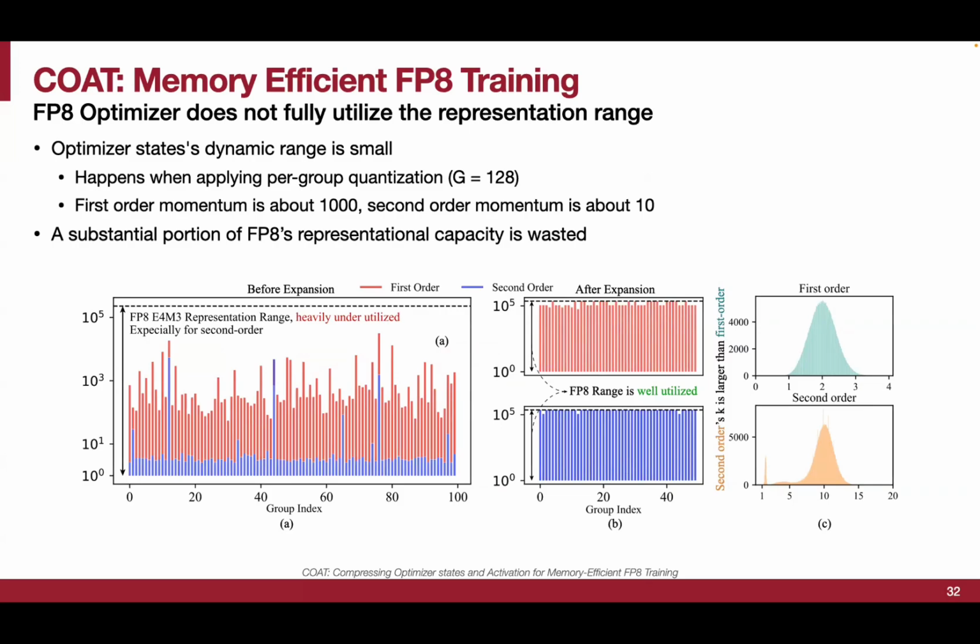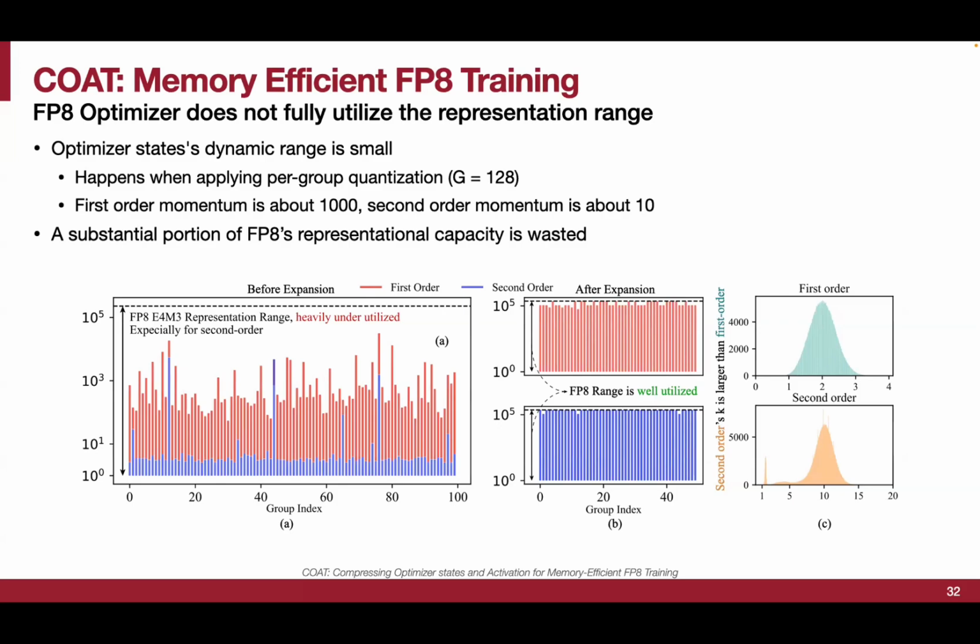So this is the full dynamic range on the left from the top to the bottom. But if you observe the first order momentum and the second order momentum, actually they are using only half or even less, especially the blue part, the second order momentum, maybe 1/10 of the total dynamic range. Some outliers are occupying the whole dynamic range. It's like you have a giraffe in the room and everybody becomes an ant and becomes dwarfed. So you're not fully utilizing the dynamic range. And if you use the same ruler to measure the giraffe and to measure the ant, of course, the ant will be dwarfed. So we want to align the dynamic range